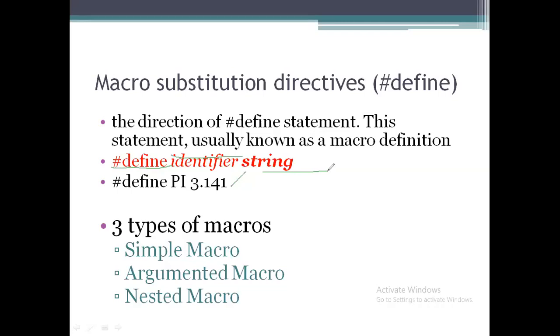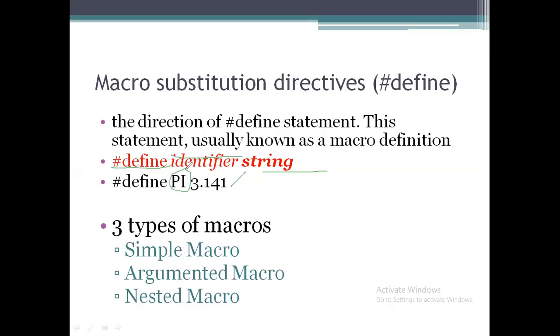What are macro and substitution? These are two combined words. Here PI is the identifier, which is also called the macro. Substitution means that in the rest of the program, we can substitute PI instead of 3.141. That is macro substitution.